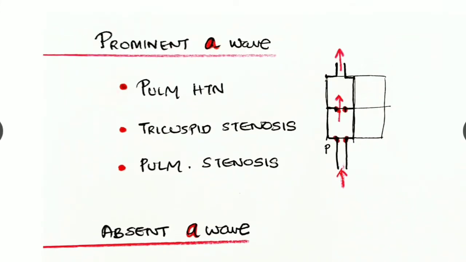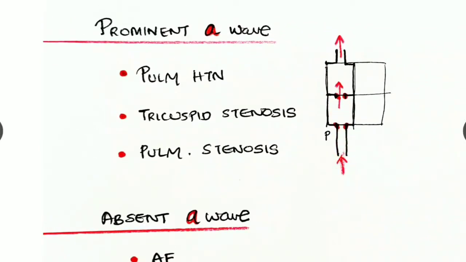Next are some other pathological conditions of JVP. Prominent A wave in the JVP. Why is there a prominent A wave? The A wave is seen corresponding to the right atrial contraction. So what happens? In case of pulmonary hypertension, there is resistance in the flow of blood downwards. As a result, there is increased pressure backwards, and this causes increased right atrial pressure, and thus there is a prominent A wave. In case of tricuspid stenosis, that is restriction of the blood flow from the right atrium to